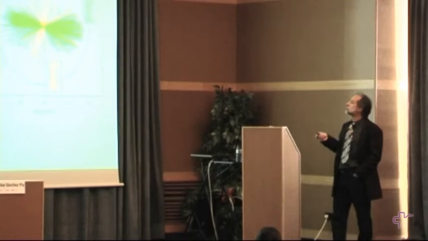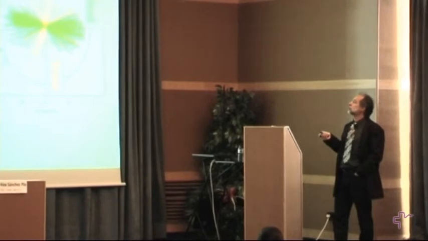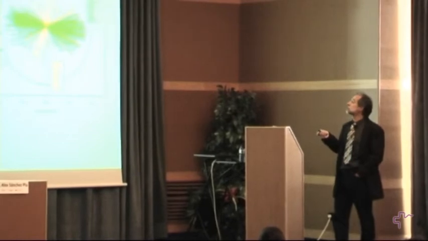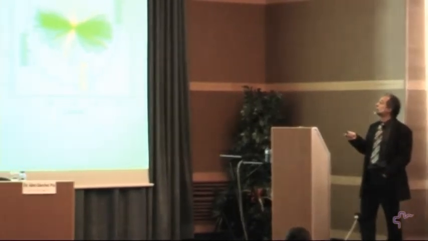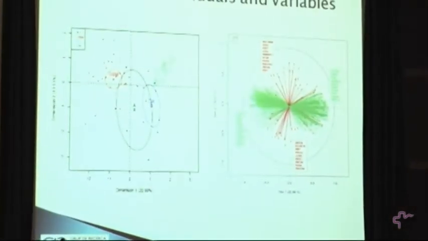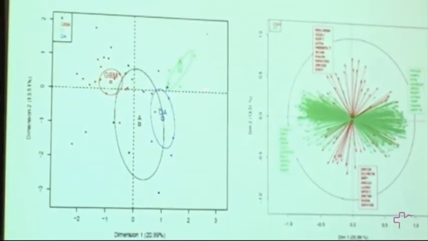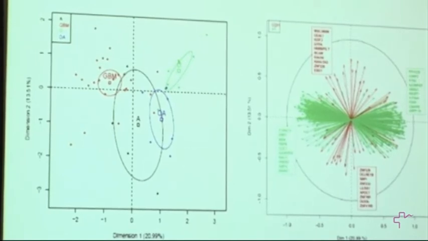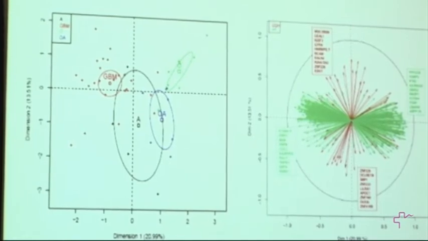But the interpretation that we can always make with this type of picture is that we have to look at the components and see if there are different groups that appear associated with the different axes. In this case, we can see, for instance, that the glioblastomas are on one side of this dimension, and the other types are on the other. So the first dimension, we can consider, separates the glioblastomas from the others. And the second dimension can be associated with the different types of other